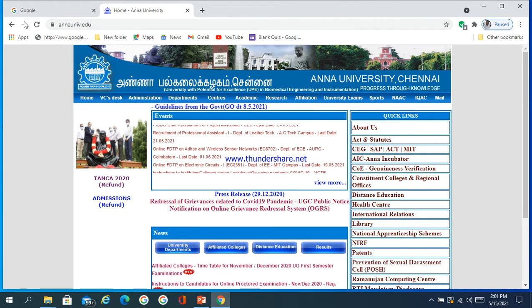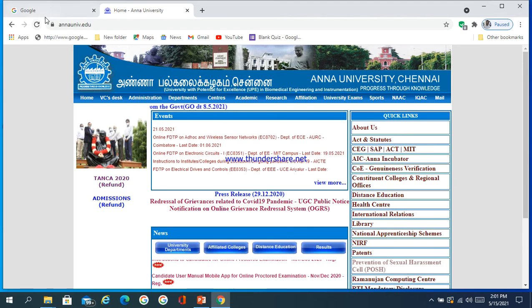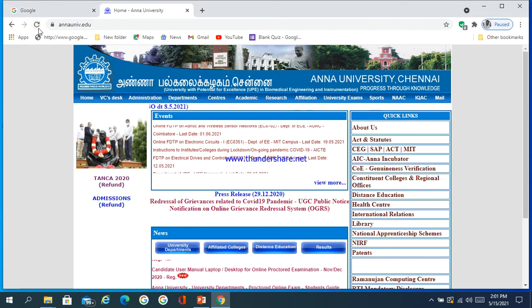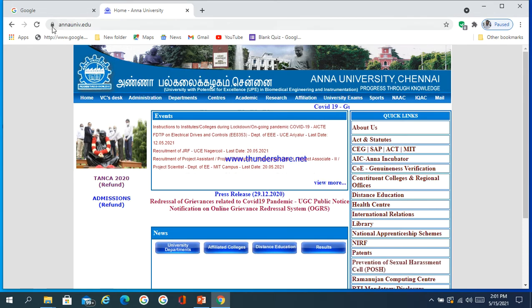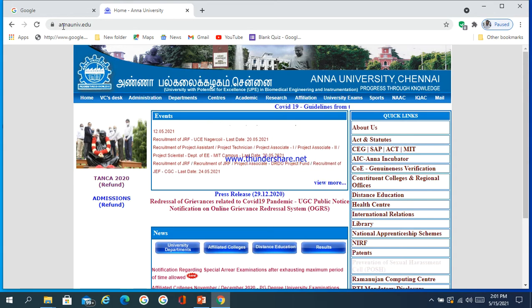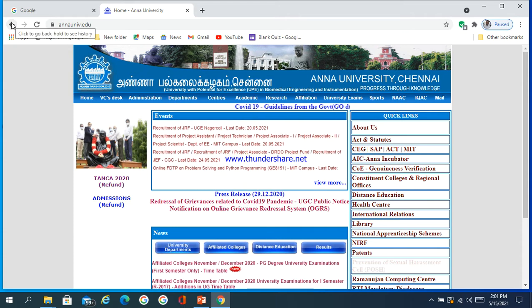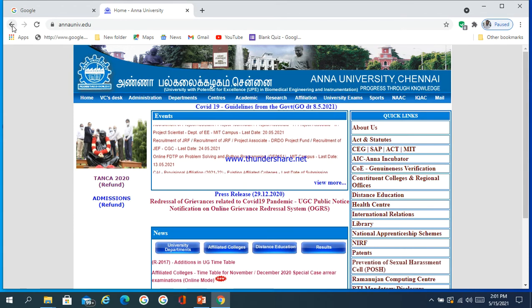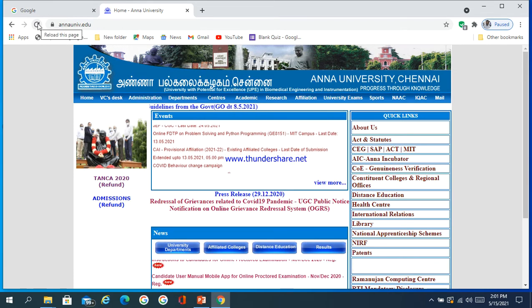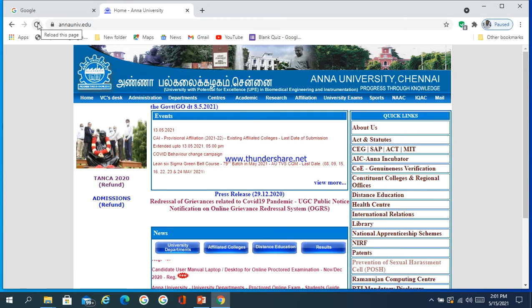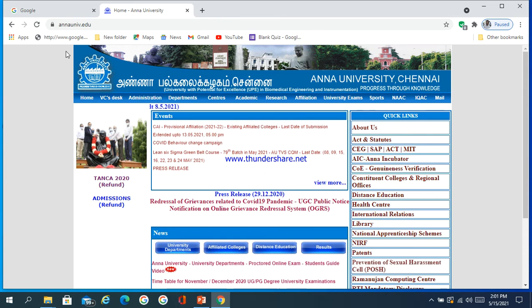And on the left side there are the page title, browser menu, then the address location, then the back button, forward button, and the refresh button, etc. It can change based on the web browser.